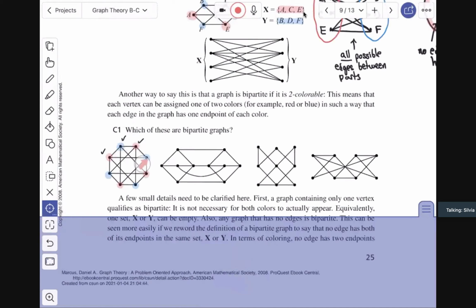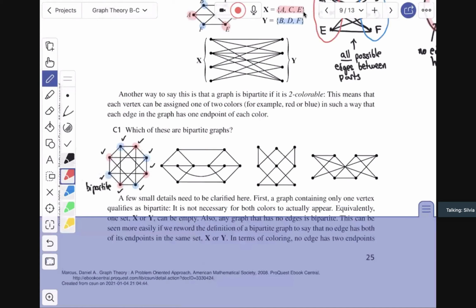That one needs to be joined to red only. Red, red, red, and red. That one's okay. This one needs to be joined to blue. Blue, blue, blue, and blue. That's okay. This one is joined to red. Everything is okay. That one's going to blue, blue, blue, blue, blue, and this one just to red, red, red, red, red. Everything checks. So not only have I proved that it is bipartite, I have found the bipartition, meaning these go here, these go there, all the edges go across. Good. So this one is bipartite,